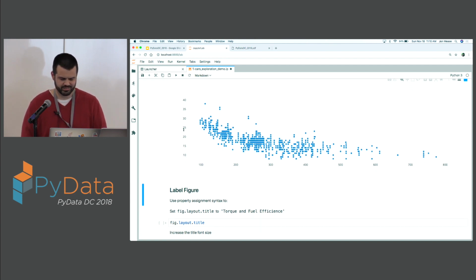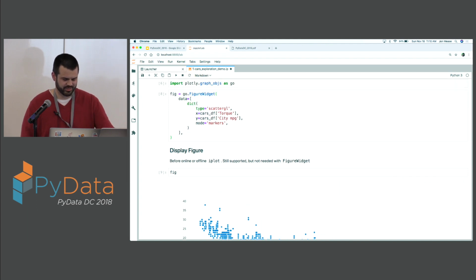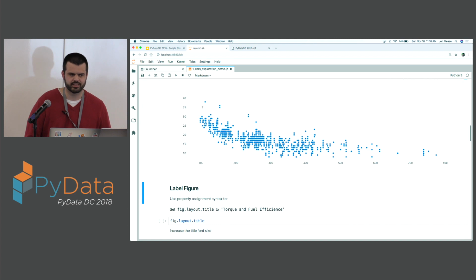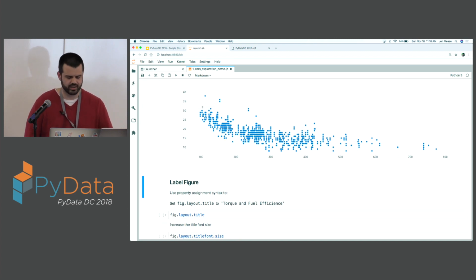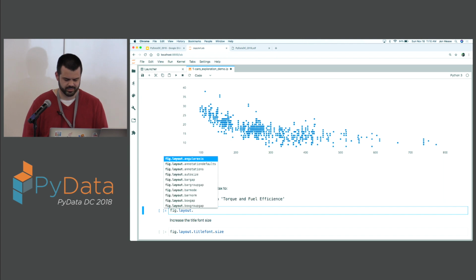All right, but I forgot to label anything on this figure. So I'm going to take care of that. I could go back up to the constructor and add some new layout properties to set the labels, then regenerate the plot and look at it again. But I want to show you the new property assignment API and how you can do that with an already constructed plot. So here I have the figure object, and now I can show you how you get